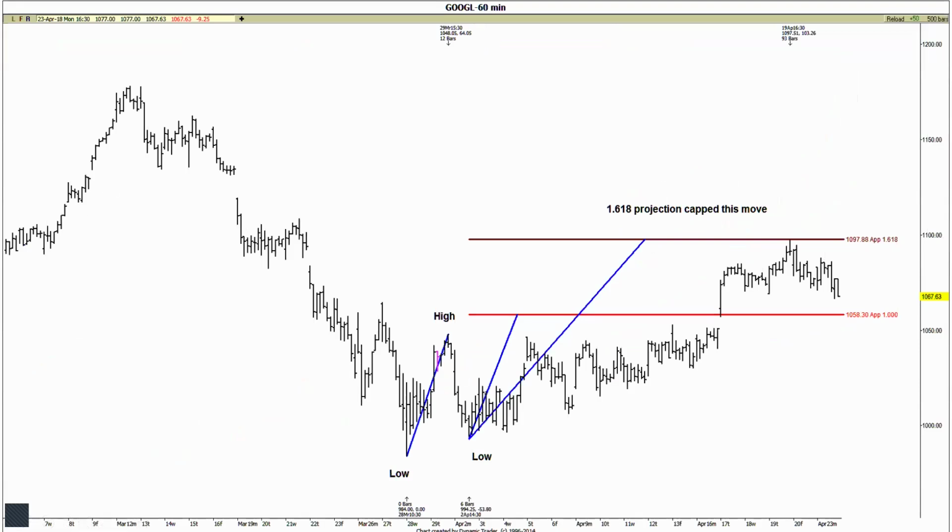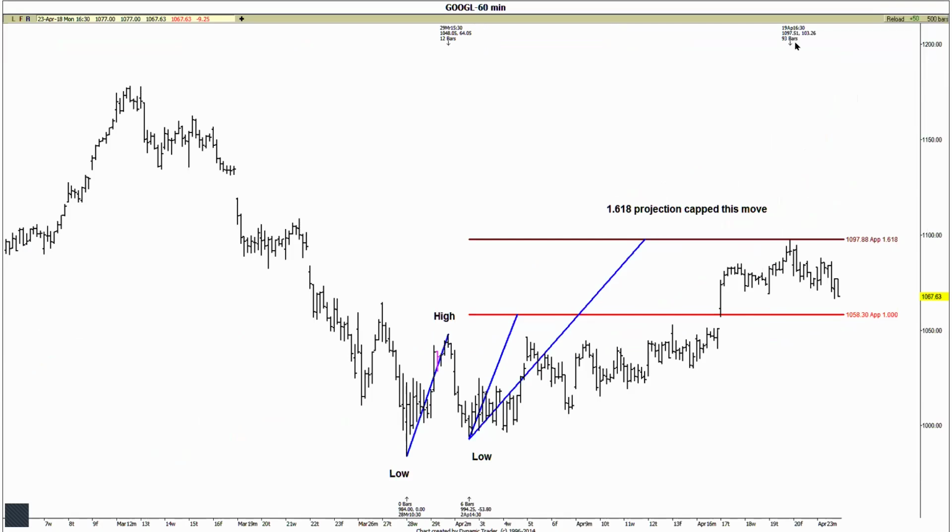This is in Google on a 60-minute chart. Now in Google, I took a prior low to high swing. I ran the 100% projection and the 1618 projection. The 100% didn't do anything. Okay, the market blew right through it. But it's good that you knew where the 1618 was, because this is pretty much what capped the market. The actual resistance came in at